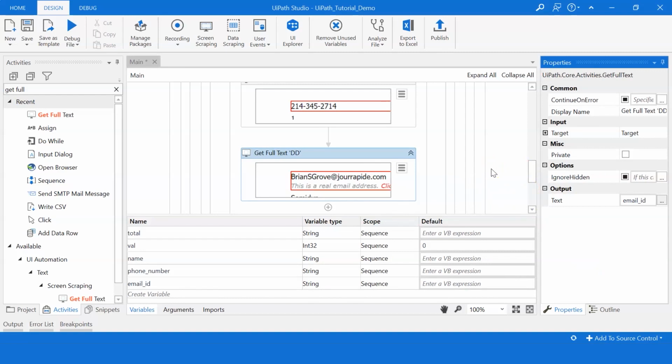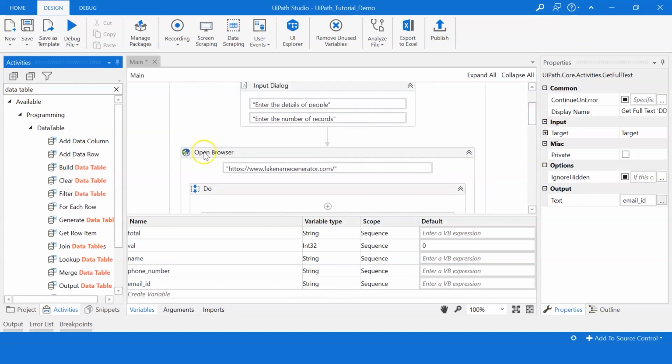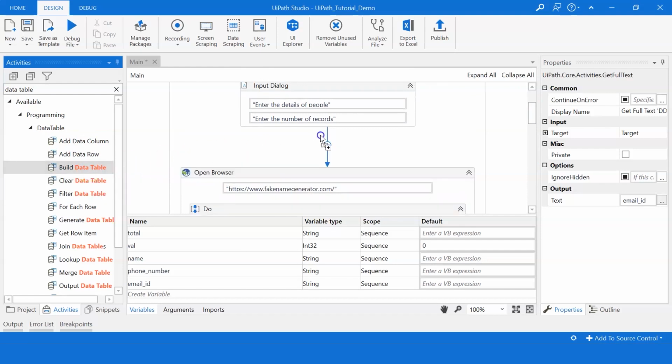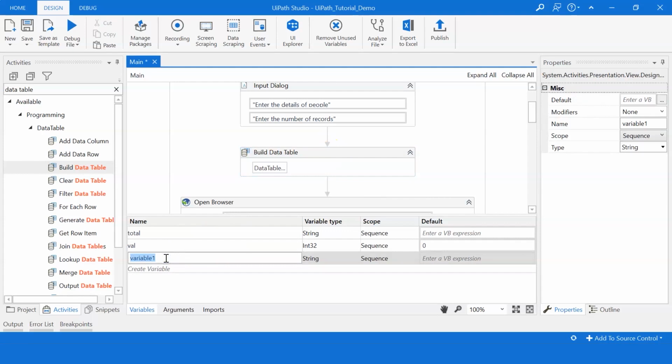Now we need to store the names, phone numbers and email IDs into an Excel sheet. For that, we need to create a data table. So I'll search for data table under activities. Let me go ahead and do that. So I'll choose build data table and drag it right below the input dialog box. Now this table has to be assigned to a variable. So let me do that. Let me give a variable name as